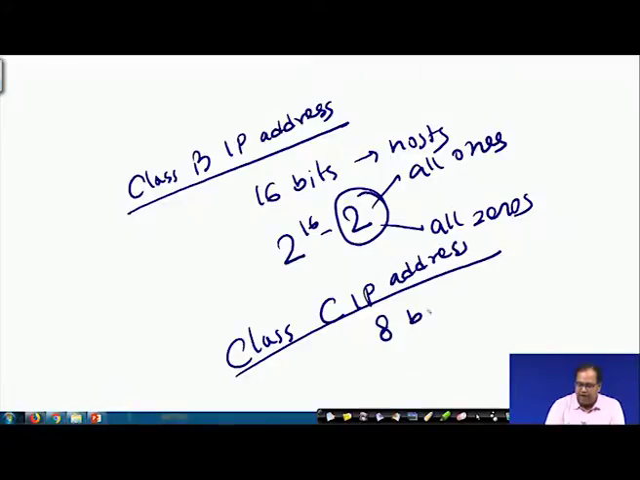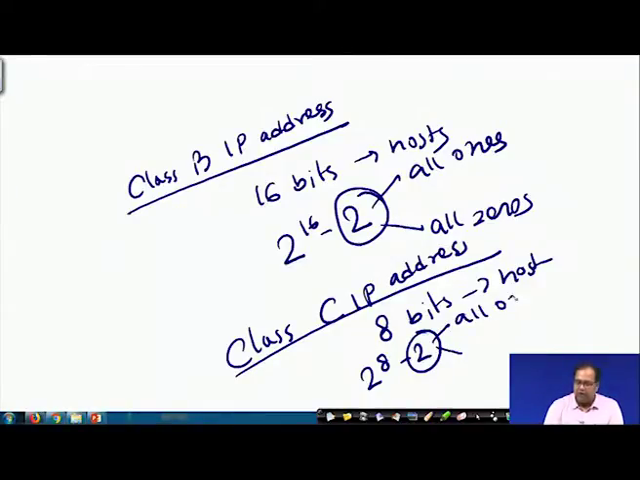you have 8 bits in the host. Because you have 8 bits in the host, the number of valid addresses is 2 to the power 8 minus 2. So, this 2 is again omitting all ones and all zeros. Every time, for a particular network address, we should not use all zeros at the host address part